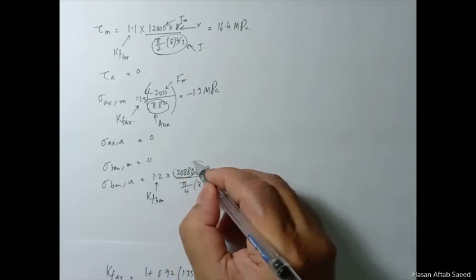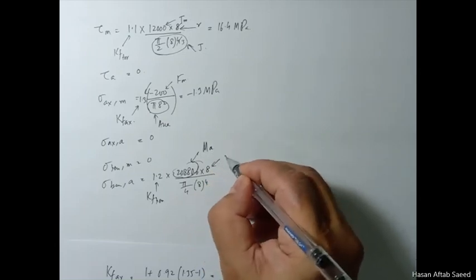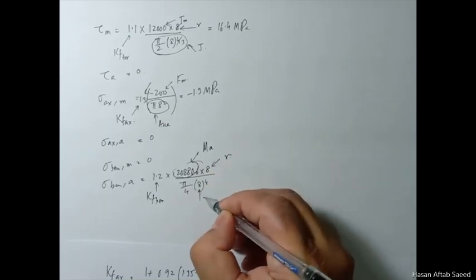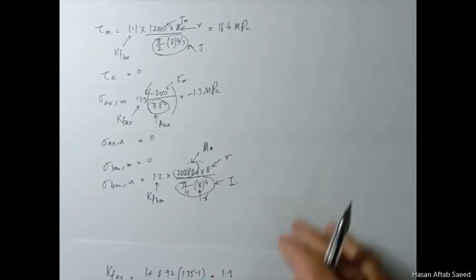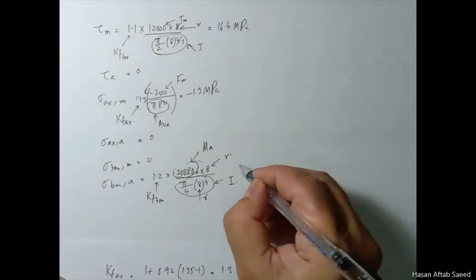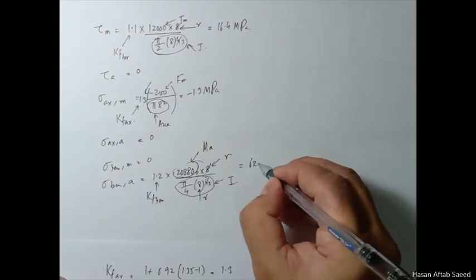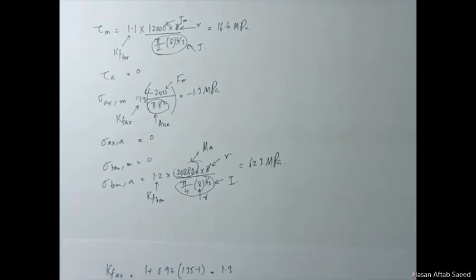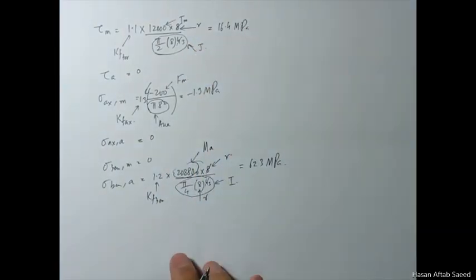This one is Ma, this one is the radius, and this whole thing is I. And if you simplify this, it becomes 62.3 MPa. So we have been able to calculate all these values, 1, 2, 3, 4, 5, 6. Now